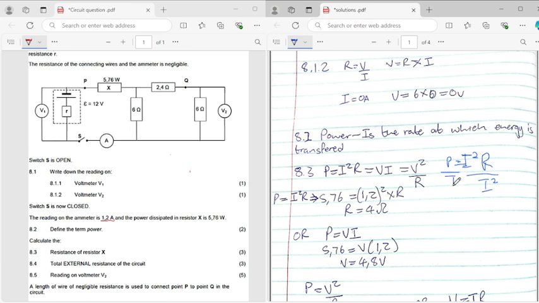The I squared cancels on that side, so now you'll be left with P